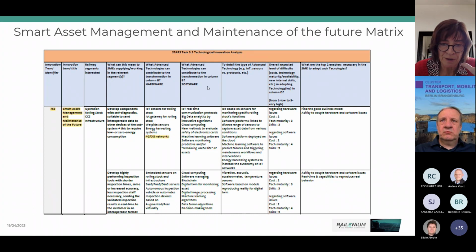And then we detailed a little bit more those technology in this column, and we have tried to assess the key 3 indicators that I mentioned previously, putting a number from 1 to 5. So if you need a low effort, it would be 1, and if you need a very, very high effort, it will be 5. So these clearly are some indicators, but we can see that, for instance, we have a strong necessity of, as I said, 5G networks, IoT sensors to develop, for instance, self-diagnostic components, and this will need clearly, if I look at my indicator, one important one is the skills, because we will need very dedicated skills to do so. And so if I come to the next point,